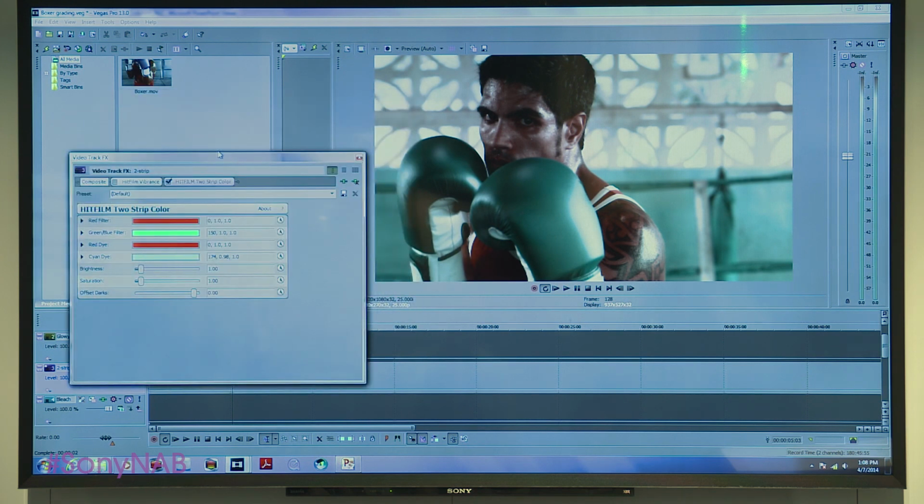So going back to what I mentioned about the quality of the original shot, the color data that's in there, you can see by using an effect like two-strip, which again is the one that's included in all copies of Vegas 13, we've been able to change all the blues over to greens, and it's based on the original Technicolor processes from the 1940s, the way it treats color to get very, very different effects as you go along. Again, as I mentioned, we use vibrance to give it a bit more punchy film look,